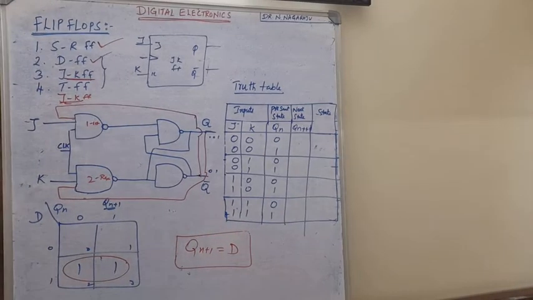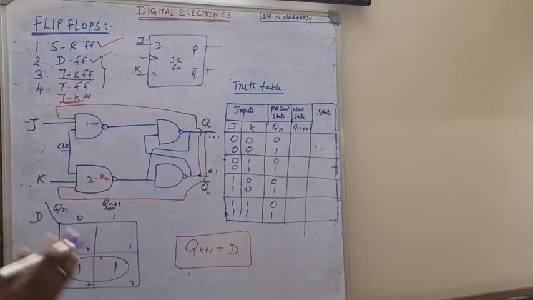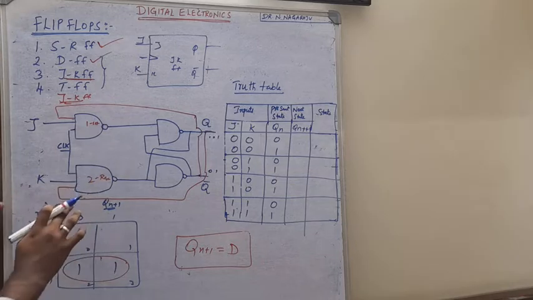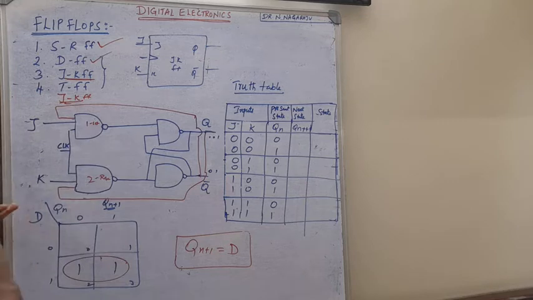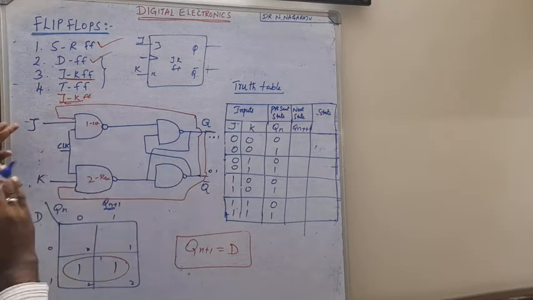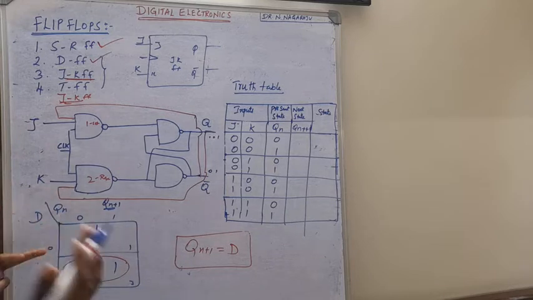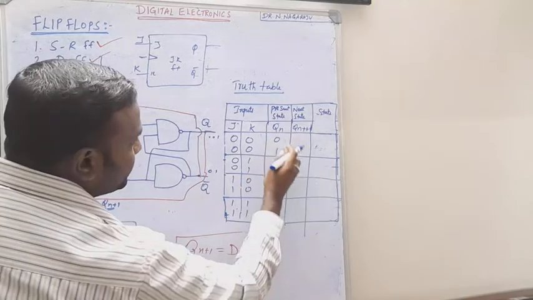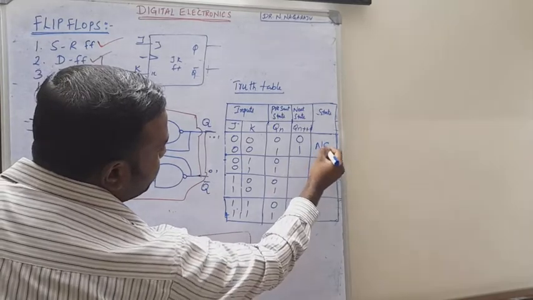Okay, now what will happen in the circuit? Let us see. So 0 0 means J equal to 0 and K equal to 0. J is connected to the set gate, K is connected to the reset gate, right? So when J equal to 0 and K is 0, that is S is equal to 0 and R is equal to 0. That is what I told in the previous diagram: there is no change state. So whatever the present state is, the same output will be applied over here. So that is no change state.